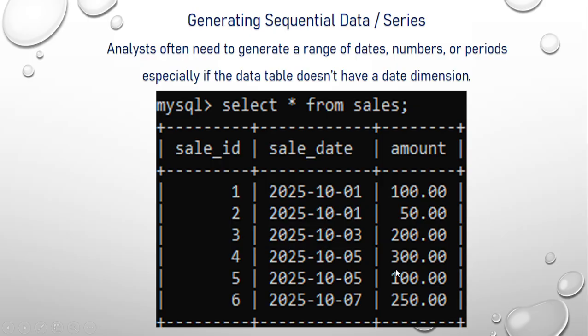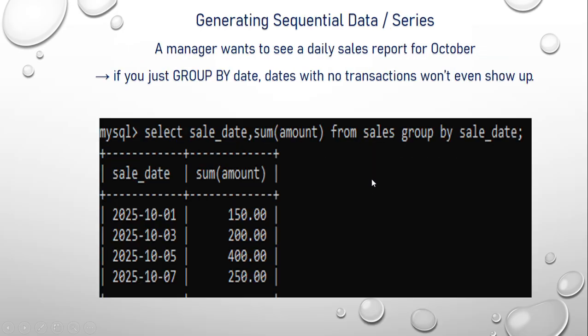So what is the use of generating data series for a data analyst? Analysts often need to generate a range of dates or numbers, especially if the data table doesn't have a date dimension table. Here we'll see, this is the sales table I have. In October I have sales dates for 1st, 3rd, 5th and 7th. So if a manager wants to see a daily sales report, if we just select and group by dates, this is the kind of